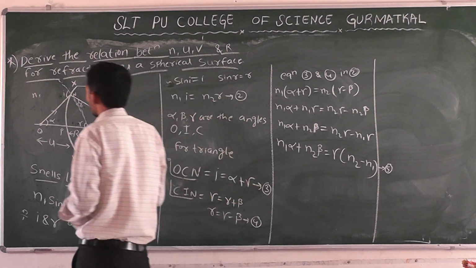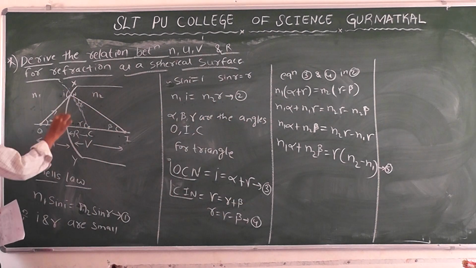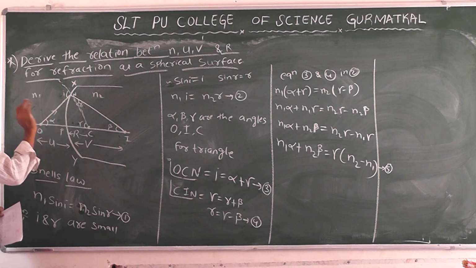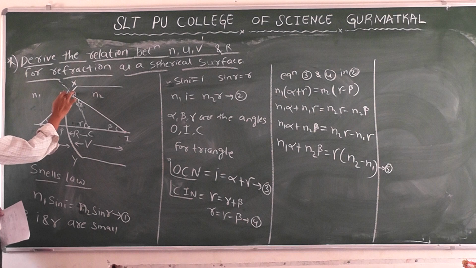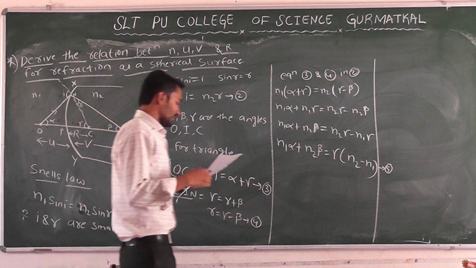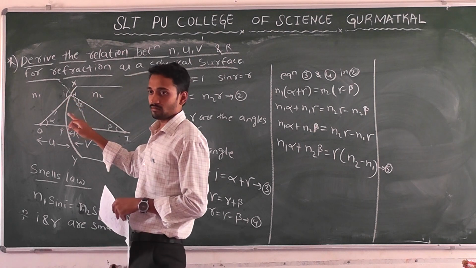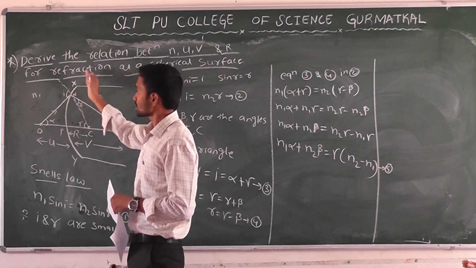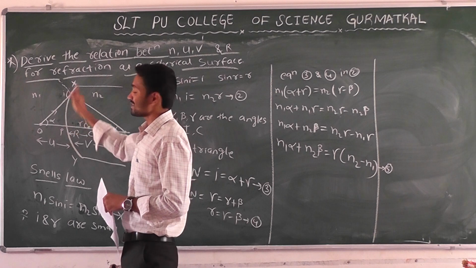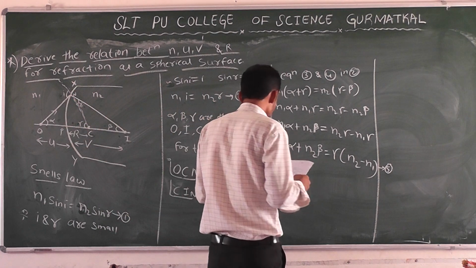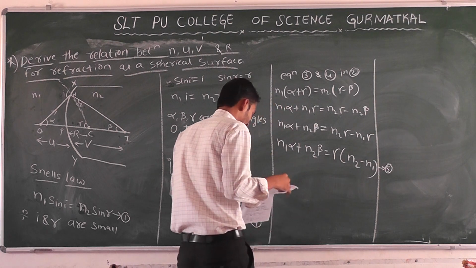Next, here we are considering that this N term is very close to P, because I and R are already very small angles. So what are we considering here? For this derivation, NP is not a curved line. NP is a straight line. We are assuming that NP is a straight line. So consider the right angle triangle.